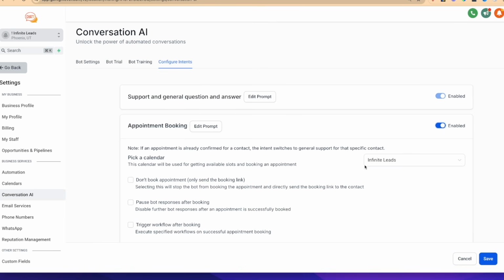Okay. And then we come down here and we select which calendar we'd want them to book on. This is obviously, once again, just a demo calendar, but you could set up a calendar for each one of your sales reps or whoever might be taking phone calls. You select that, click save, and now the bot is going to guide the conversation. It'll answer the questions the client has, but then guide the conversation to go and set an appointment